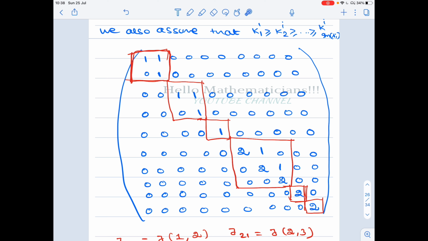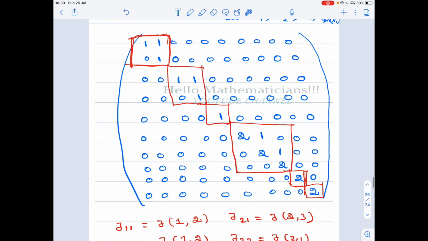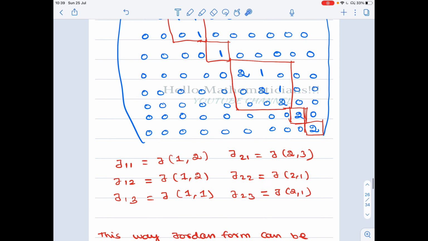So by putting this extra condition, you put an order on the eigenvalues first: this is my first eigenvalue, this is my second eigenvalue, you choose it your own way. Then put the Jordan blocks corresponding to the first eigenvalue in decreasing order of size. That way you can uniquely define the Jordan matrix. I hope you understand what is going on.